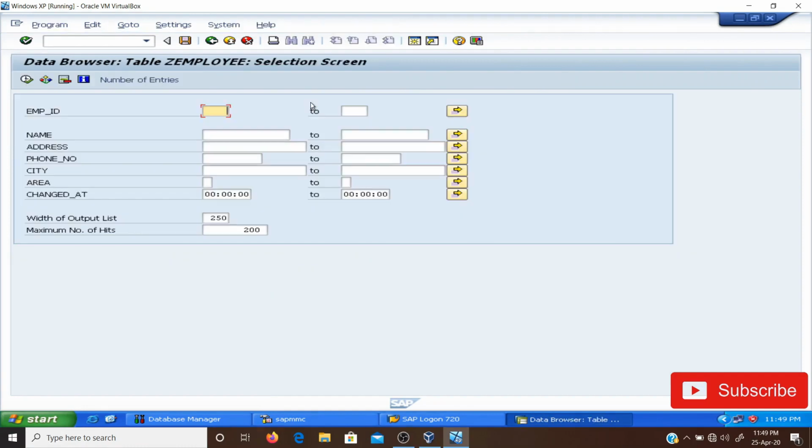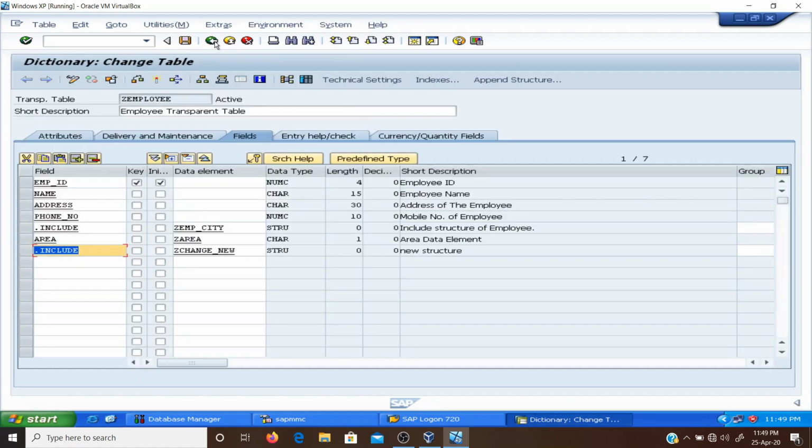Now you can see the new field that we have recently created, change, add, now become the part of this transparent table after activation. So this was a practical example of differentiating between the active and inactive version of the object.